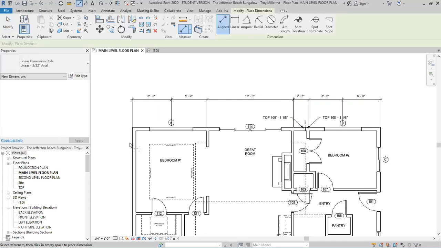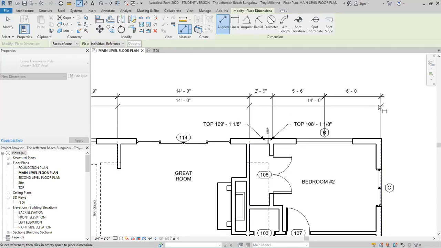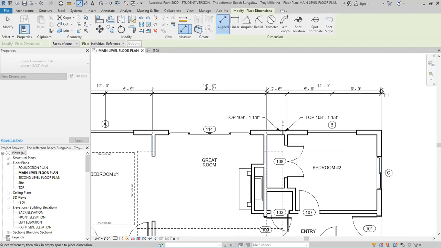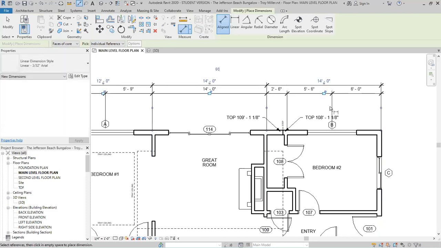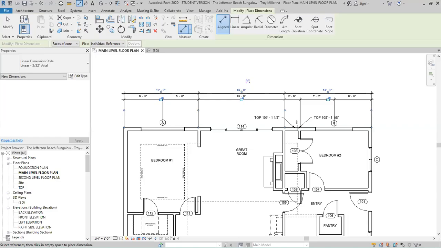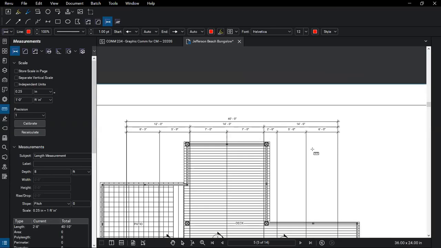So now we're going to go back and add the next string of dimensions, and I'm going to go from outside of wall to this wall, and then I'm going to come again to this wall here, and then I'm going to come to that wall. As you bring this second level of dimensions up, if you slowly go up like this, it'll actually snap to a predetermined distance above the first string of dimensions, and you can go ahead and click OK, and you will see that we now have